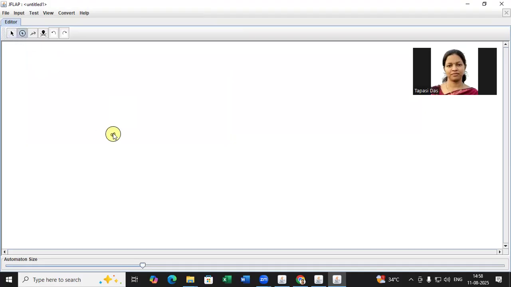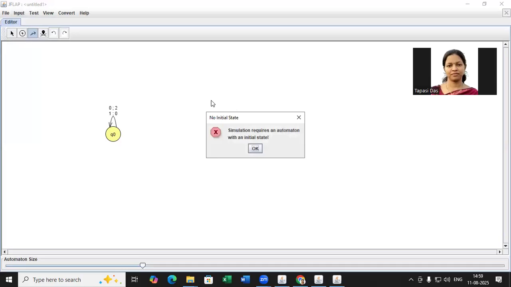First, let us take one input, and for this input we will take one transition. Here the input is taken as 1, but the output will be 0. And another transition is taken. Here, for input 0, the output will be 2. Okay, then suppose we go to the input, and here